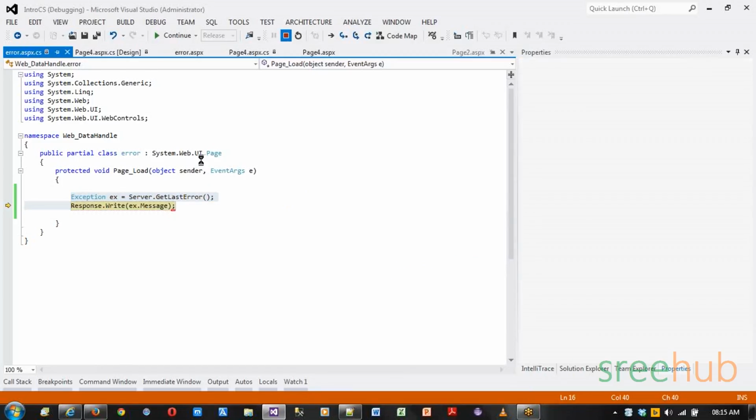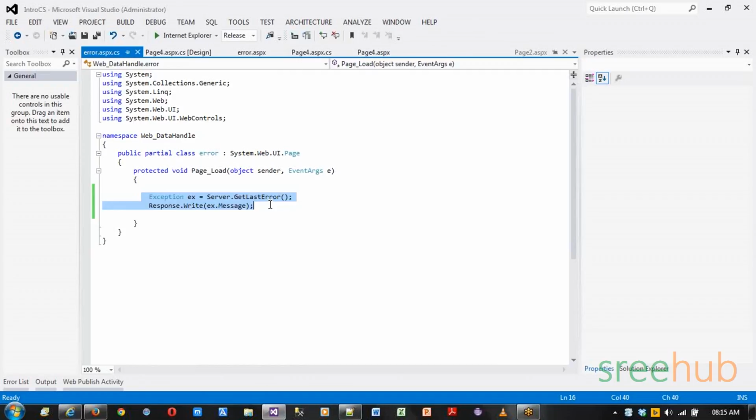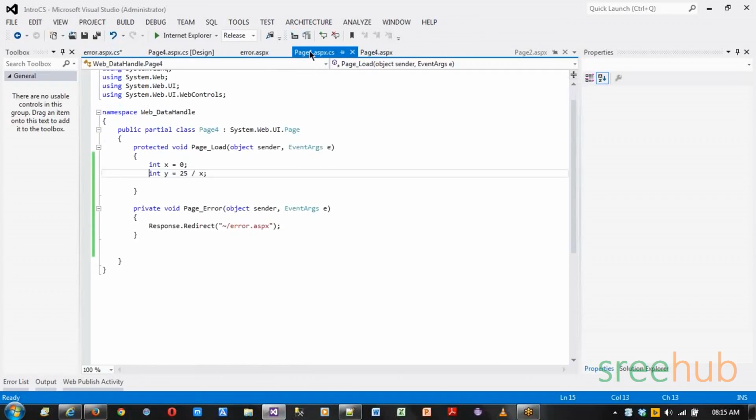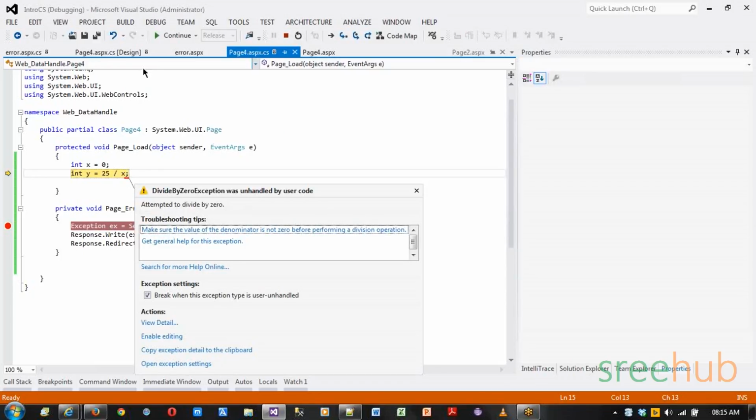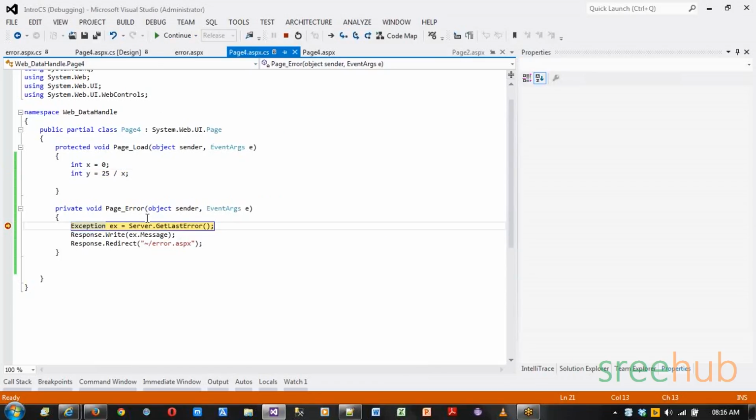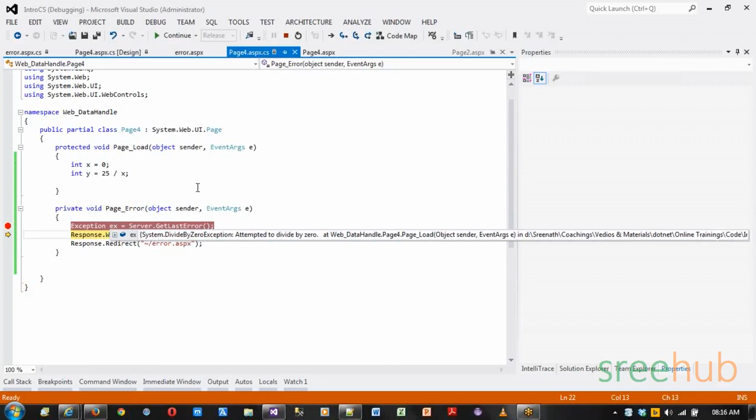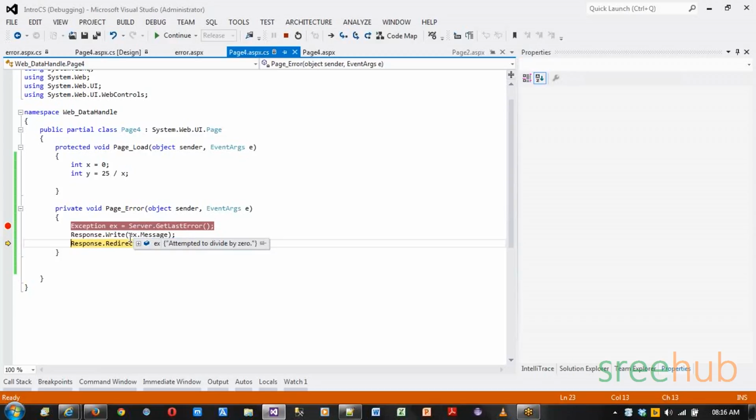So in this case, what you can do is this error has to be handled directly in your page4, wherever you're handling. Now let me just take this, and let me put a breakpoint. I got an error on this, you get here. Now here you can see I have an exception. It says attempted to divide by zero, which is the message I'm actually getting. And then I'm redirecting, because I don't want to show it